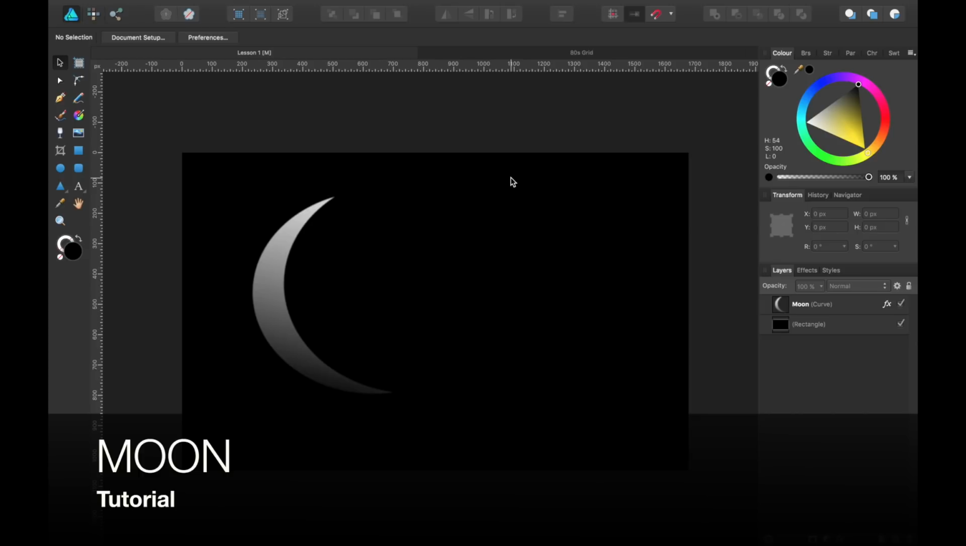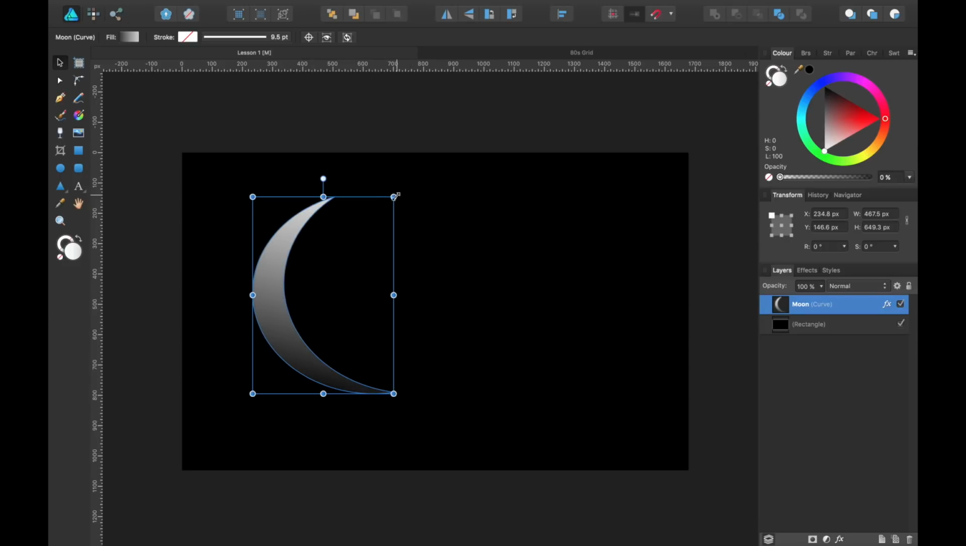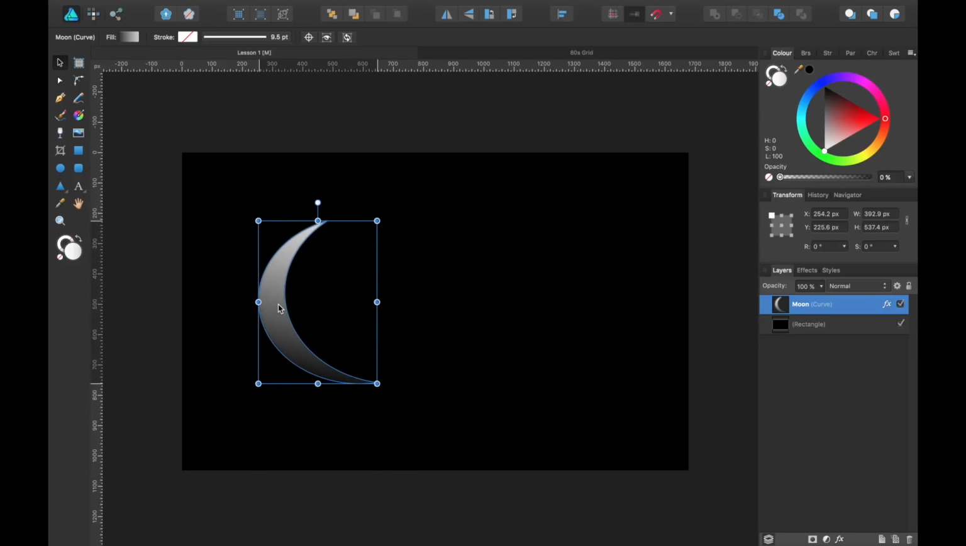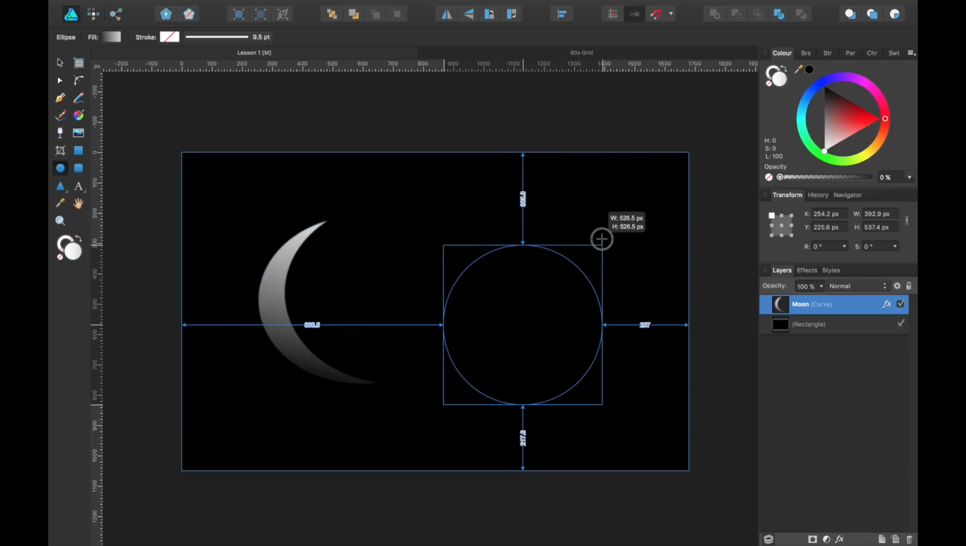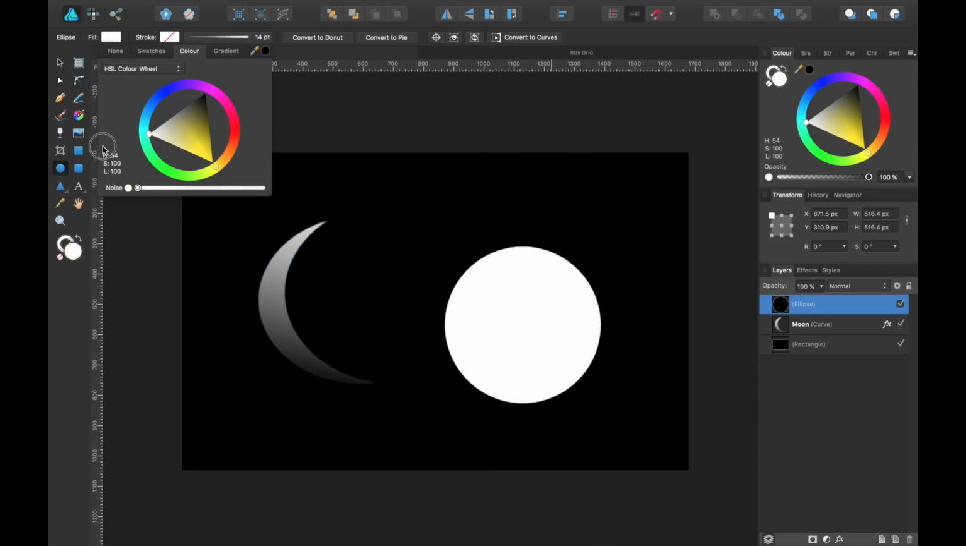Okay, so 80s moon. It's not really an 80s moon, it's just a moon that's fading out at the bottom. But today it's going to be 80s as it's part of the design. Okay, so how do we make this? Well, I will show you now. Head over to the circle tool, drag out a circle, choose the color, which we want white,